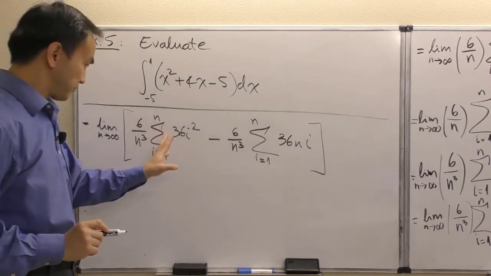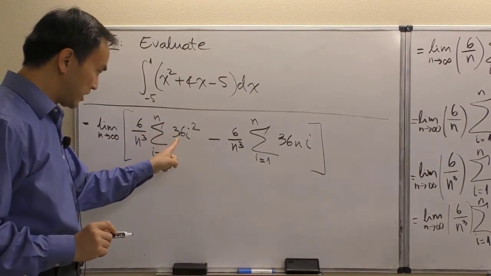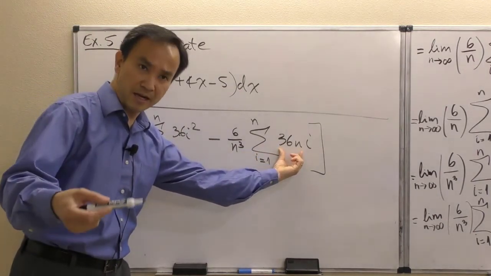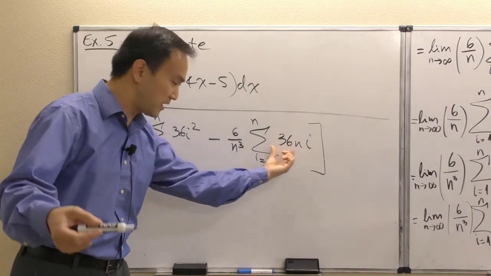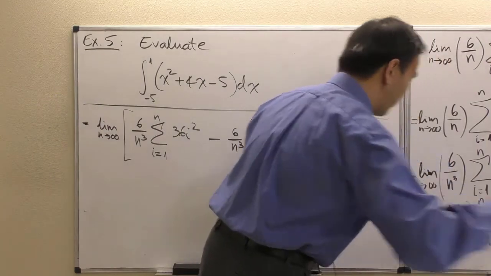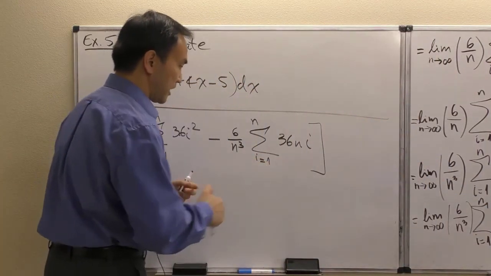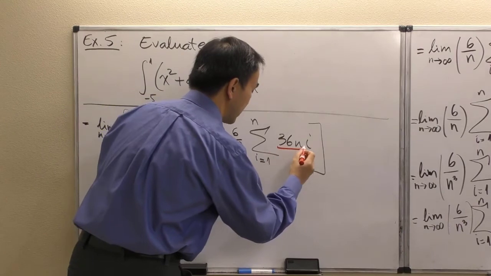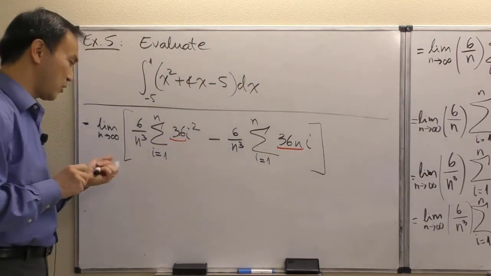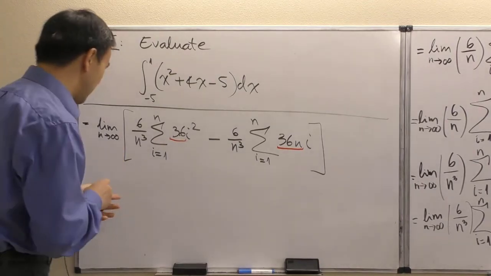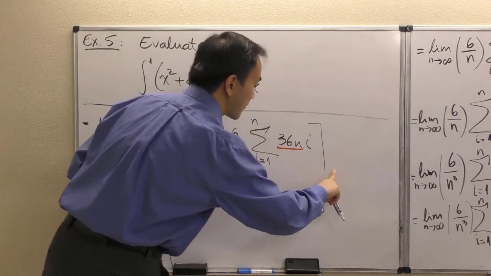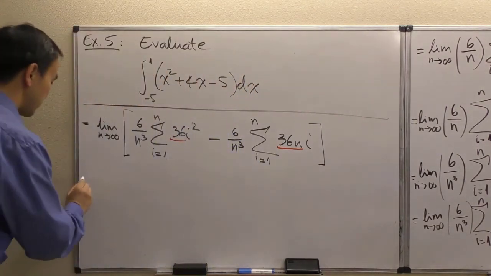And so now you can see that each one of these terms still has a factor that is independent of the ith position. Let me underline that here with the red marker. That part is still independent of the i, and that part is still independent of the i. So let's take full advantage of the components that are independent of the i. Now that means in my next step,